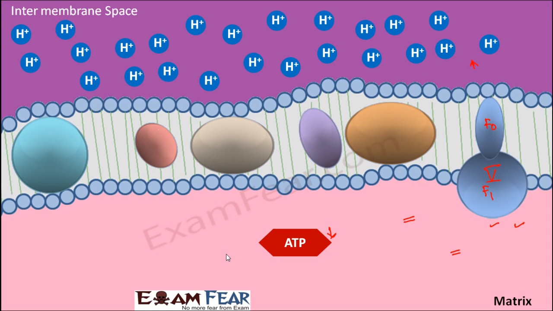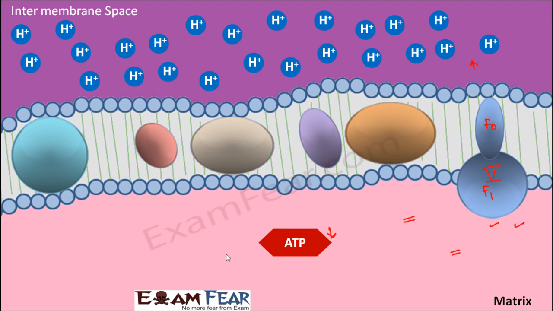Now just think for a while what would happen if oxygen is not there. So now you understand the significance of aerobic respiration. Aerobic respiration means respiration in the presence of oxygen. You might be wondering that in steps 1, 2 and 3, whether it is glycolysis, pyruvate oxidation or the Krebs cycle, we did not see much use of oxygen. But here we actually see that oxygen is playing an important role. So how important is it? Let us suppose there had been no oxygen. In that case, what would have happened?